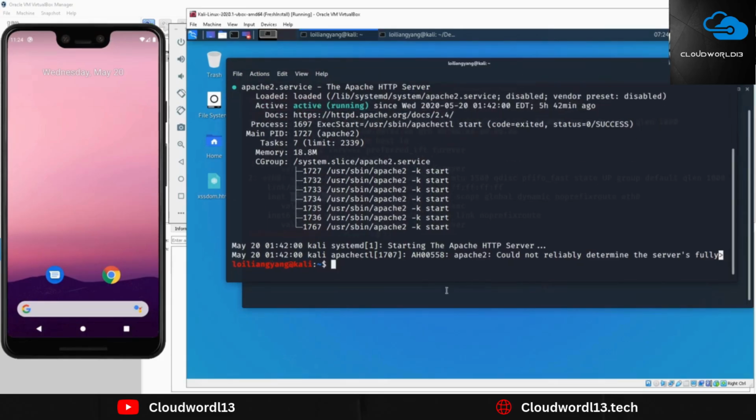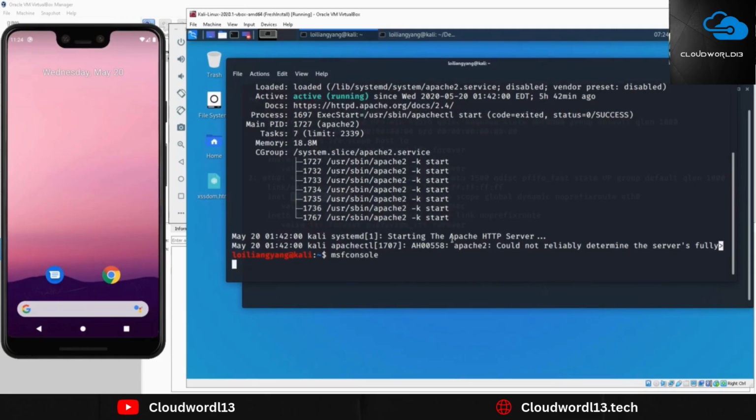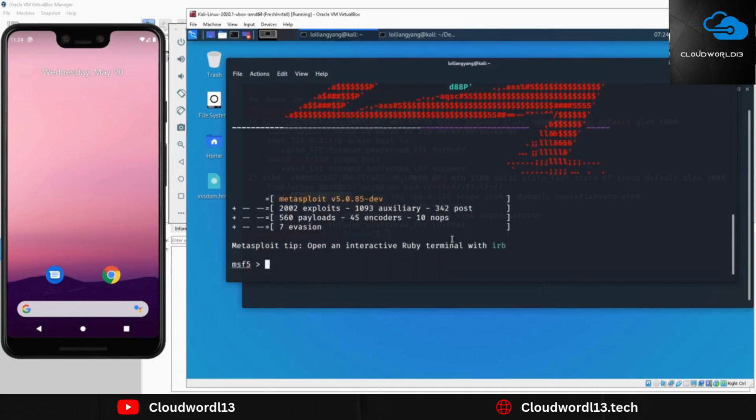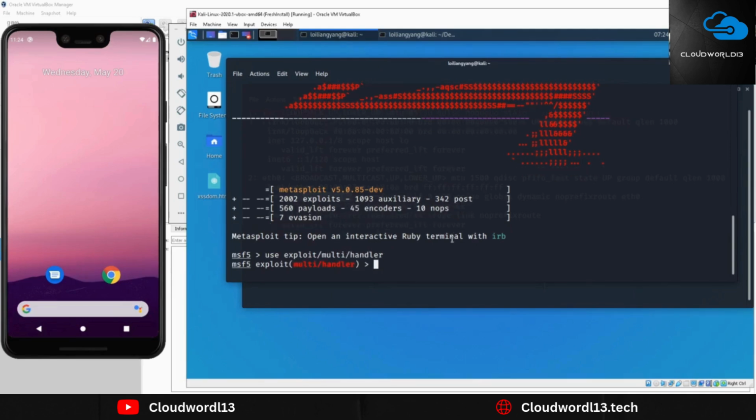All we got to do is go into msfconsole. Once you hit msfconsole, that would start up the Metasploit Framework, which will allow us a connection back into the machine once we have a listener started. We make sure that we enter the following: use exploit/multi/handler. Once you got this running, remember the payload that we used earlier,